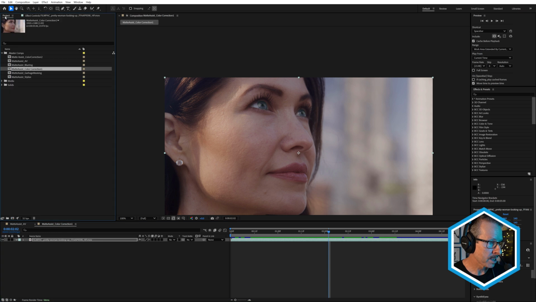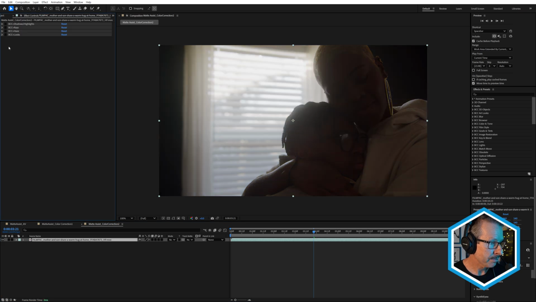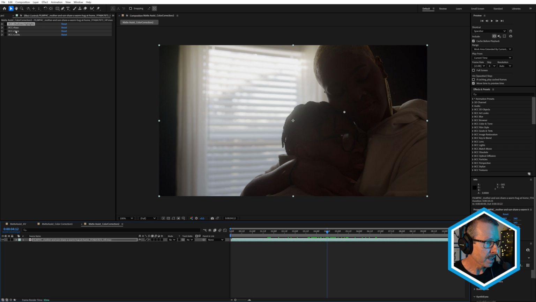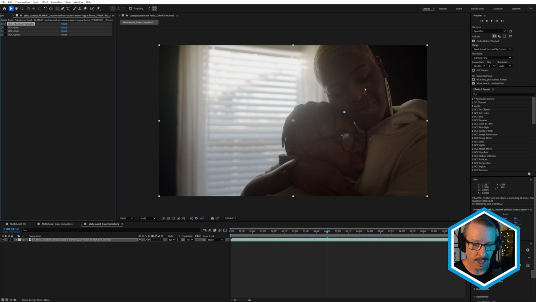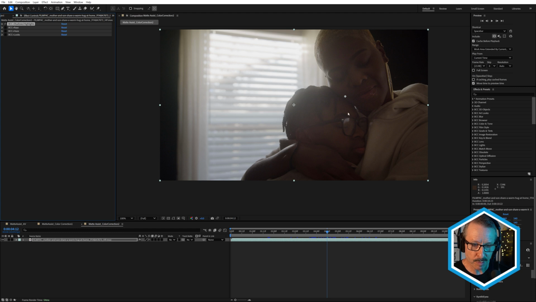Let's take a look at another quick example. This one is, just turn the effects off. This one's using BCC Plus Shadows and Highlights. And you can see this is the actual raw shot. It's a beautiful shot, but it's a little dark. So just by using BCC Plus Shadows and Highlights, I'm able to, with Matte Assist ML, just increase the gamma in this area here, just to bring out a little bit more of the detail, but without affecting or blowing out this area here.